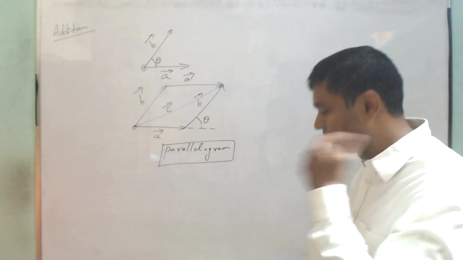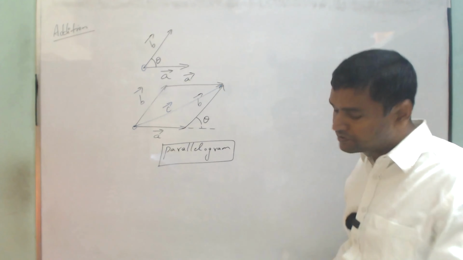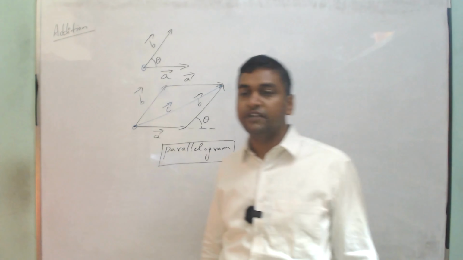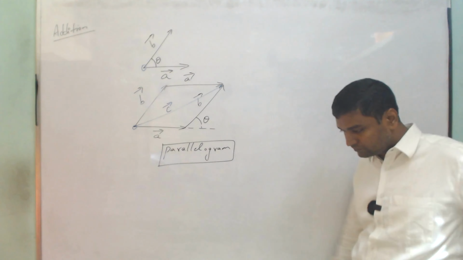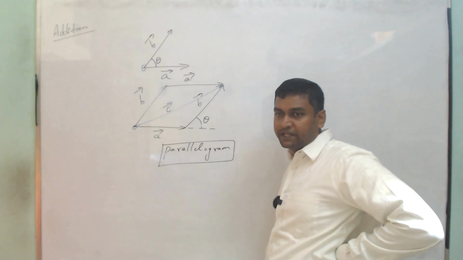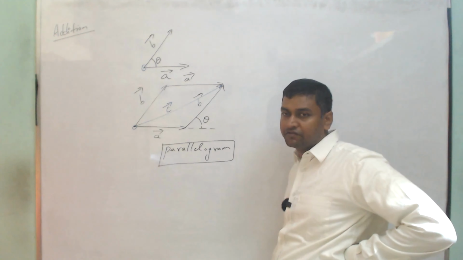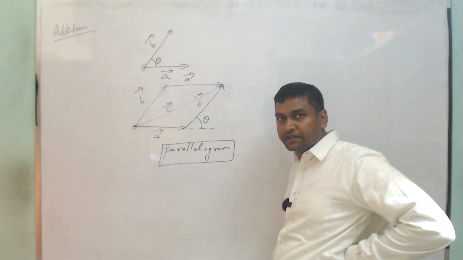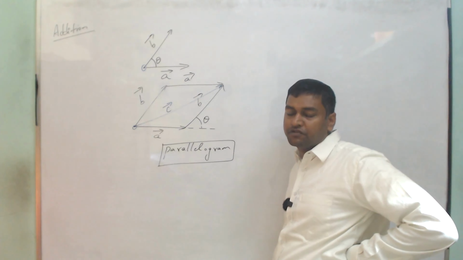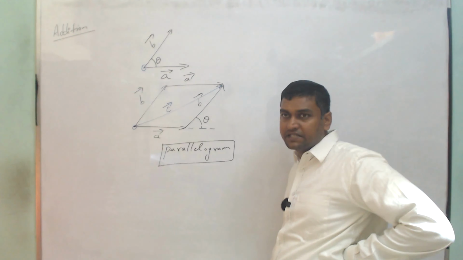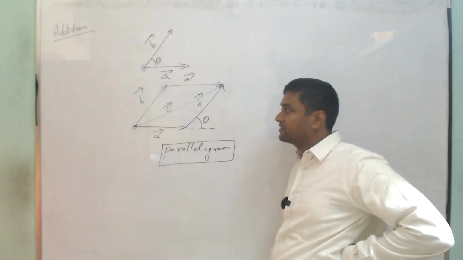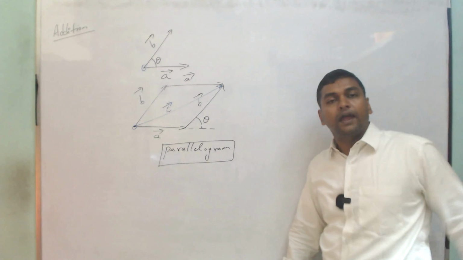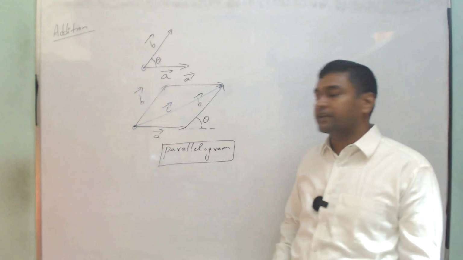Third point: for addition of vectors, always place the tail of the second vector at the head of the first vector,